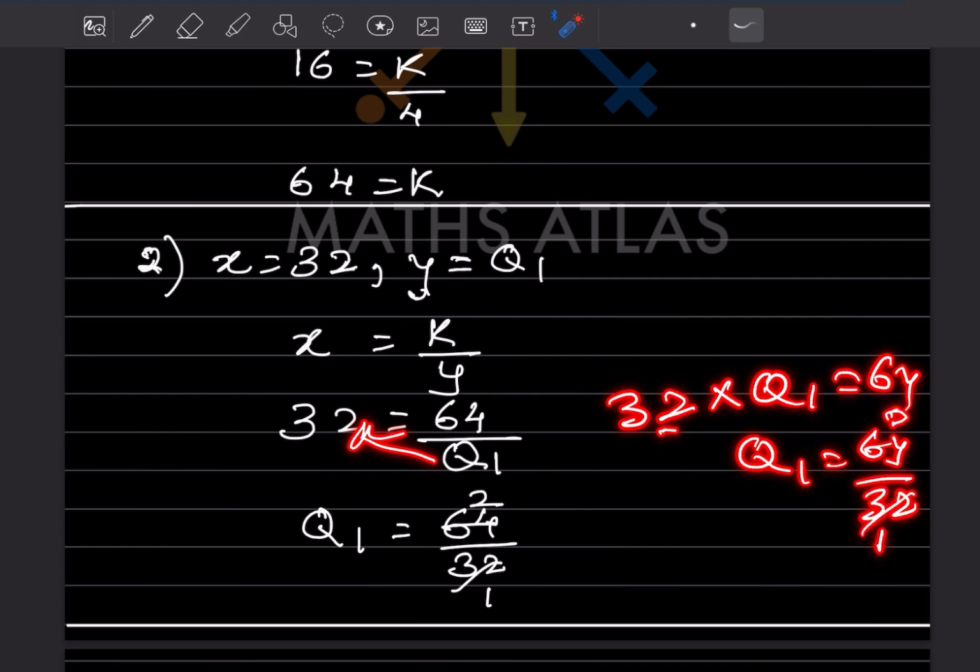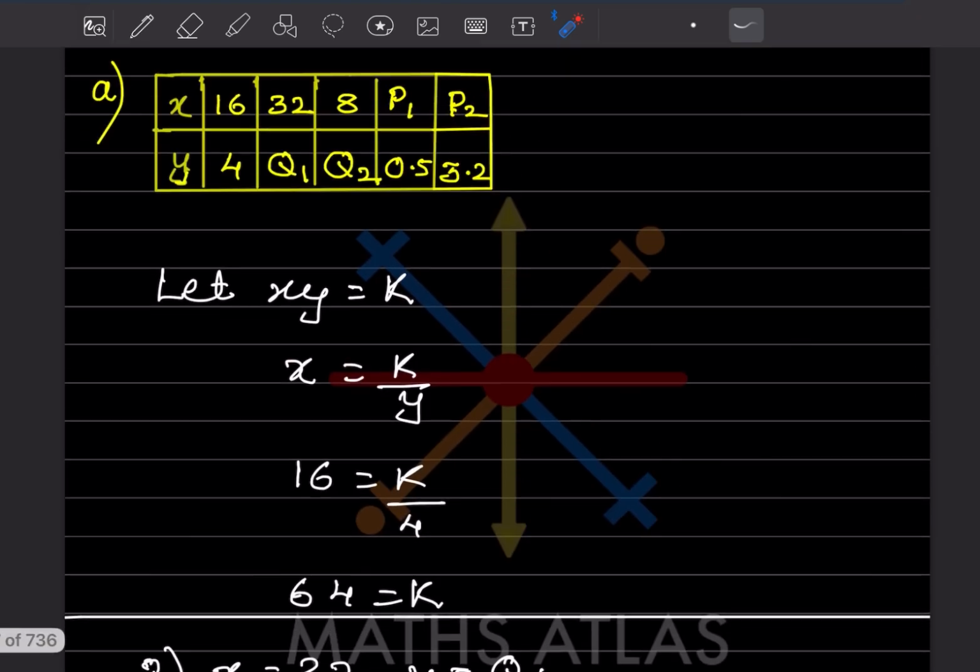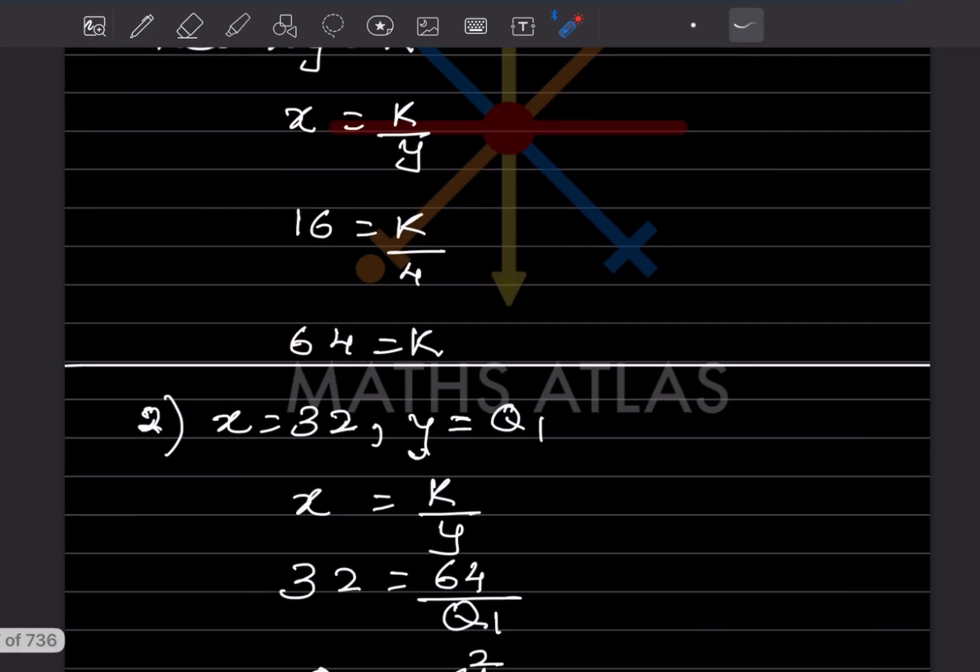32 ones are 32, 2s are 64. So hope this is clear to you. So that is q1 is 2. Now we will see for the third one, that is 8 and